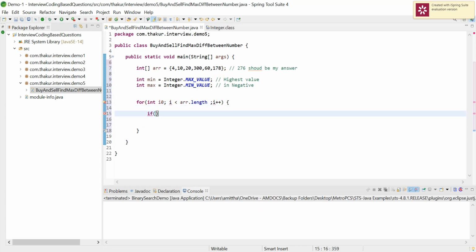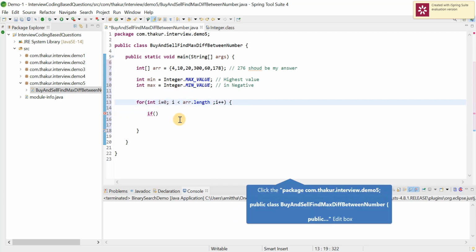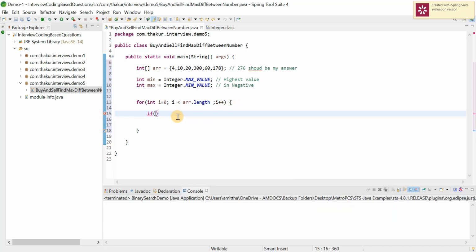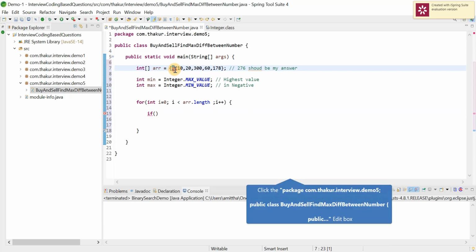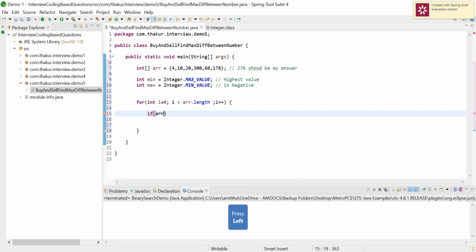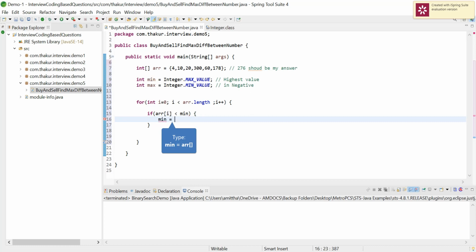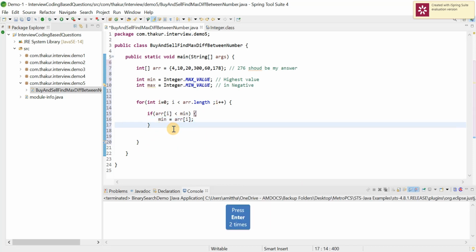First, for i equal to 0, I check whether array of i is less than min. Obviously it will be less, because we took the maximum value for min. So I assign min equal to array of i.